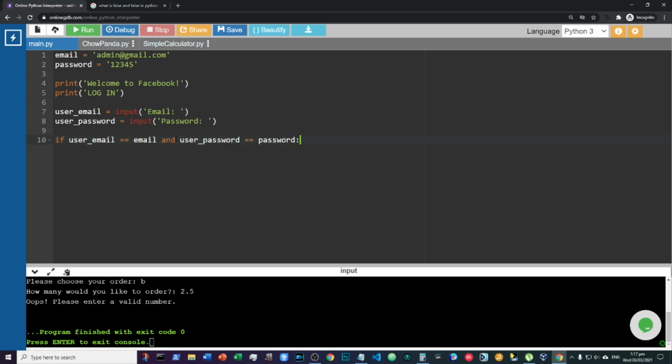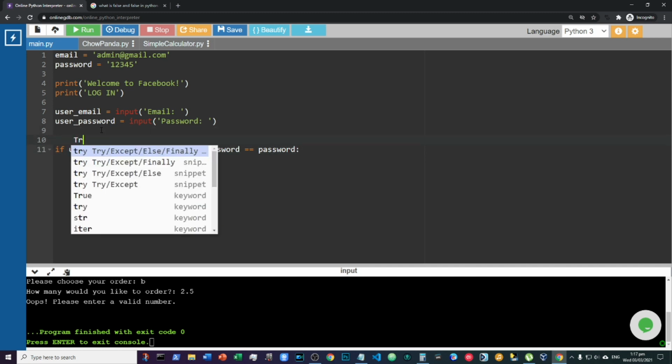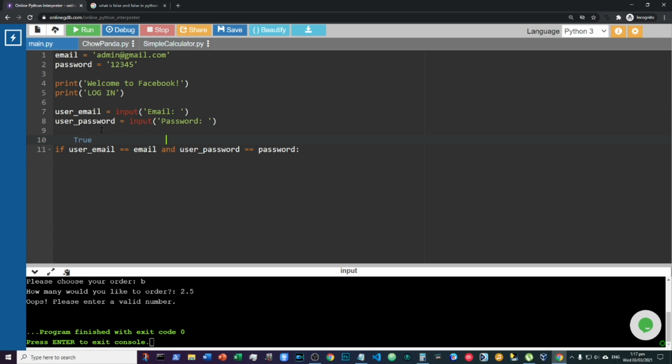So if this is true, and this is true, this will result to true. Meaning if their email matches this and their password matches that, then